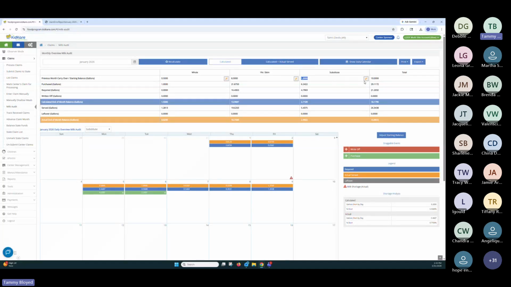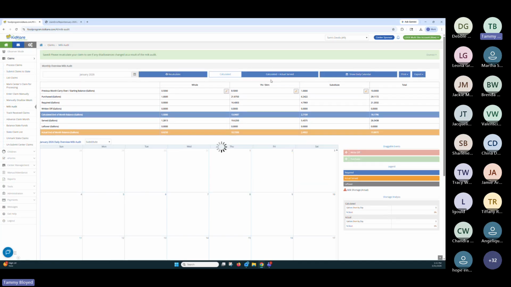So what we're going to do is go back to our inventory sheet and we're going to see that we actually had 2.5 quarts of one of the substitutes, 2.25 half gallons of another one, and 154 ounces in one of those big jugs that they give us that they don't break down evenly for us. Well, now how do I record that? Because if I come here, it still wants me to tell it how many gallons. This is the only place in KidKare that you have to do the conversion yourself, but I'm going to show you an easier way to do it.